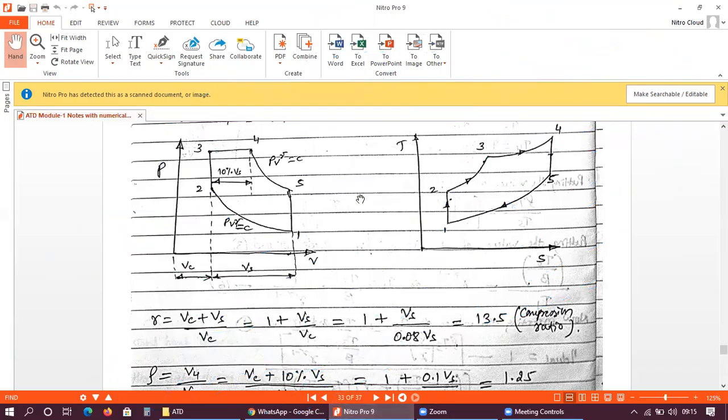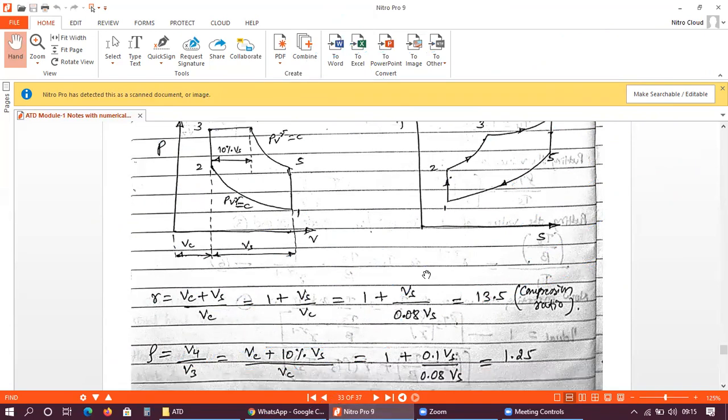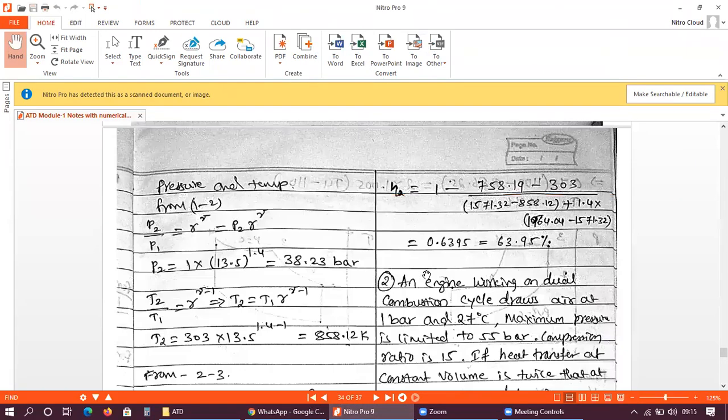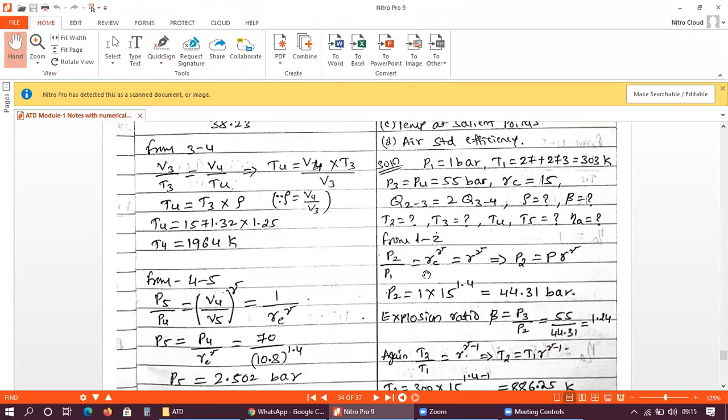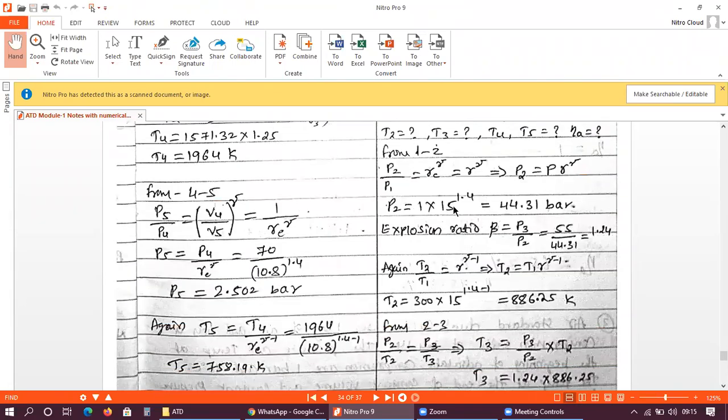Okay. So I have drawn this PV diagram so that I can explain it in a much more proper way. Okay, we'll go with the problem now. During the process 1 to 2, P2 by P1 is equal to rc raised to gamma, right? So this is the condition for process 1 to 2. So it is an adiabatic compression process.